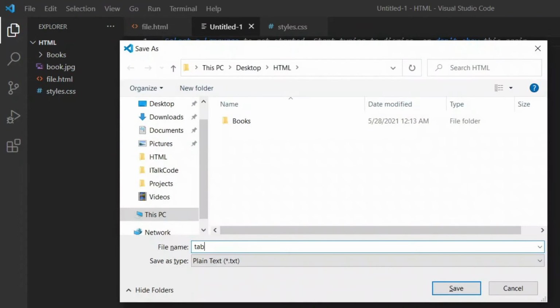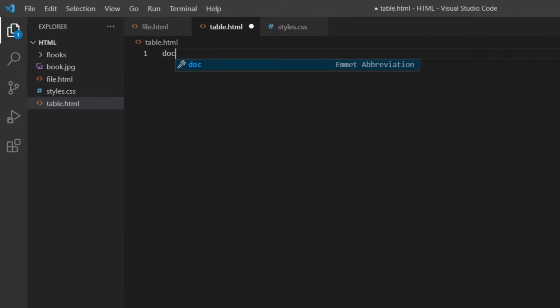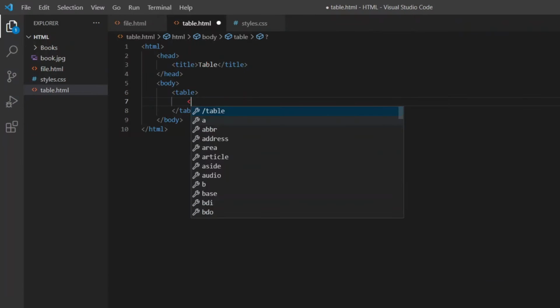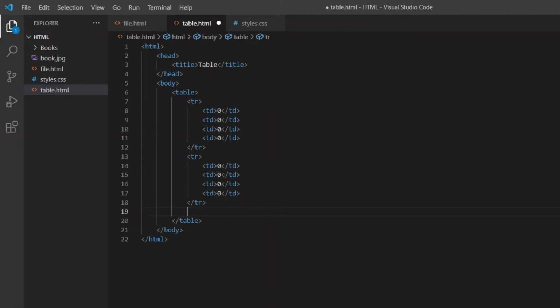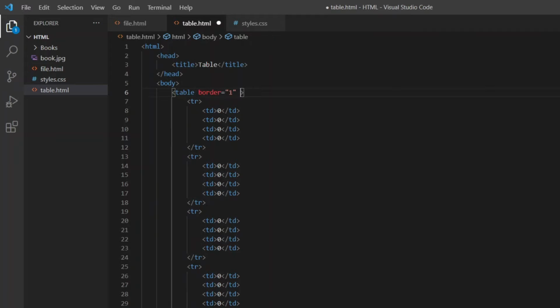Now let us create a similar table in HTML. To create the same 4x4 table, I put zeros in all the cells. Next, I need a tr tag. I'm going to create a td. Every td has 0 as its information. Copy and paste it down a couple of times. I add the necessary width and height to the table by using the width and height attributes. As you can see, the table is created.